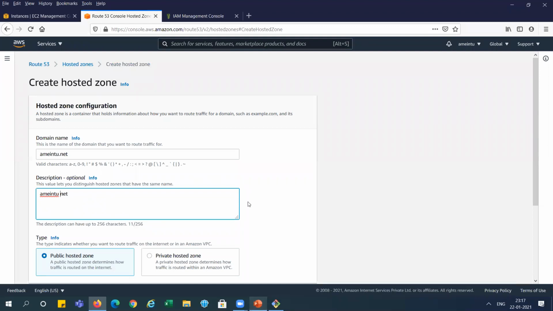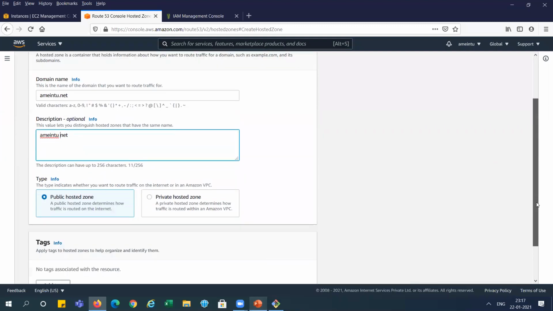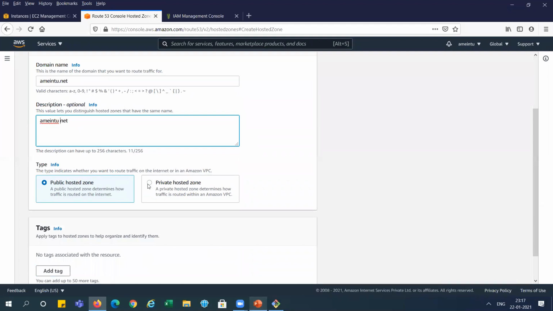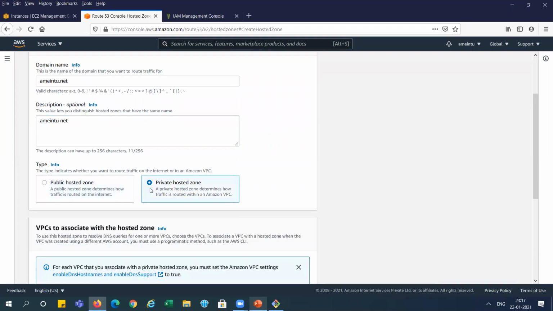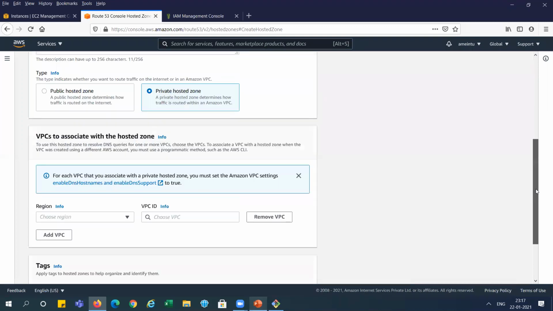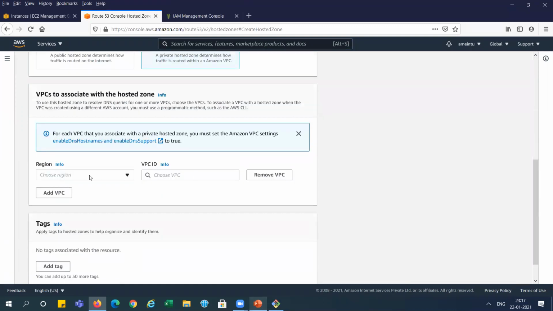the description, right? And we need to select private hosted zone here because I am not doing it publicly. For POC, I'm using the private hosted zone, right? Now we need to select the region.